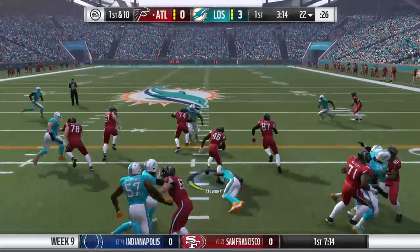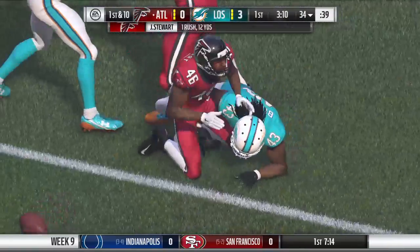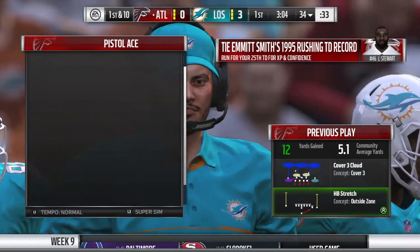Now a handoff looking right. And he'll get this up to the 34-yard line. All week in practice, they stress grounding, pounding the football, and they really executed it well there to get the